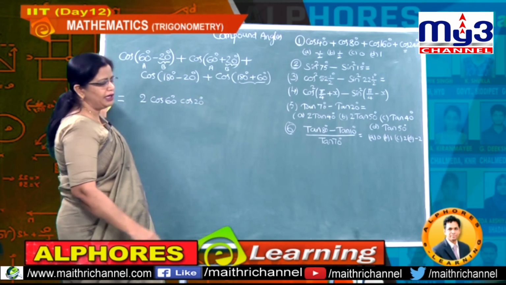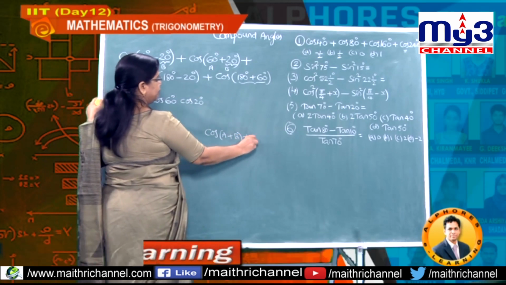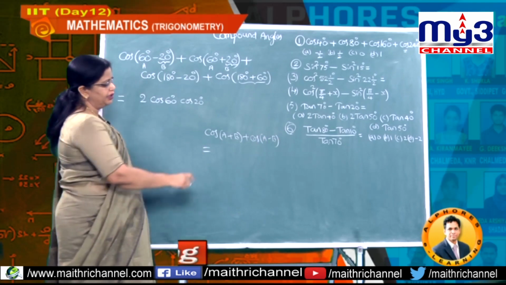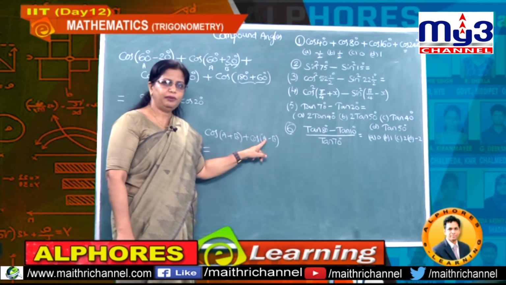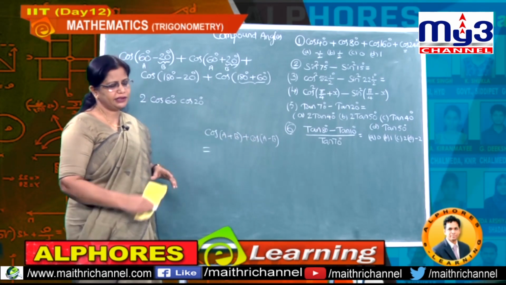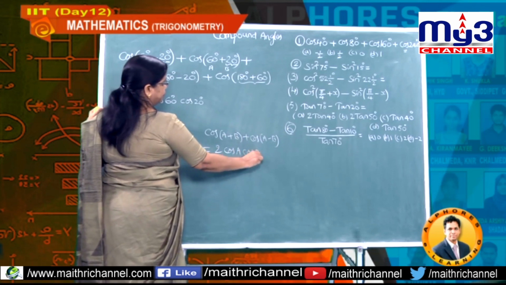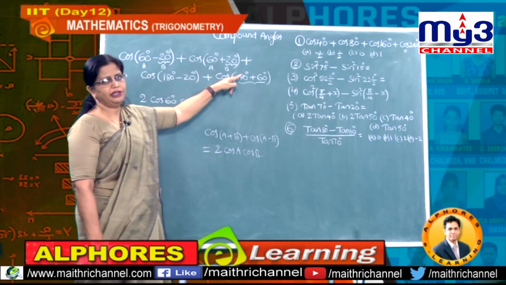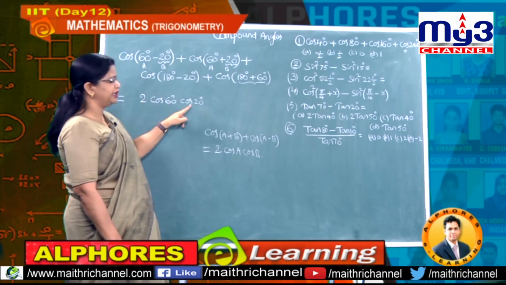So what formula have we applied here? It is cos of A plus B plus cos of A minus B, the combination of 2 compound angle formulae. Now this is cos A cos B minus sin A sin B, and this one is cos A cos B plus sin A sin B. Then minus sin A sin B and plus sin A sin B get cancelled, and thereby you get the value 2 cos A cos B. So by using this formula we have done here A minus B, and this one is A plus B. Plus symbol is there in between them. So you got 2 cos A cos B.